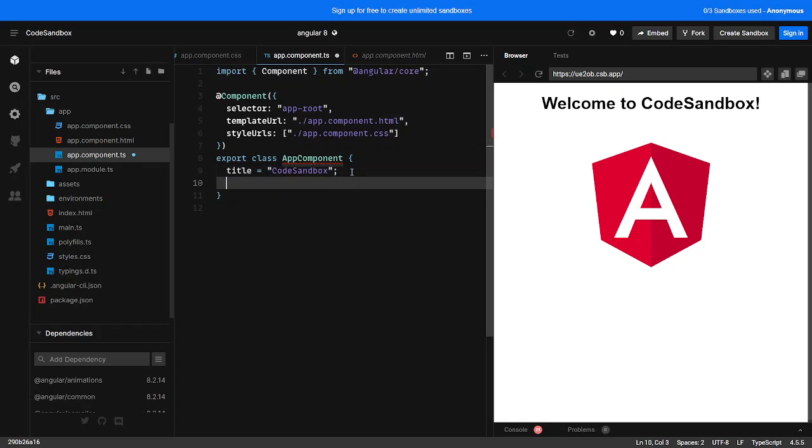Or if you want, we can declare another property, like another title, of type string, is equal to